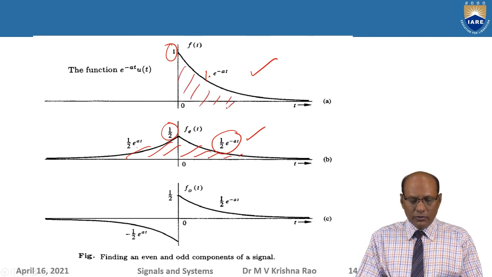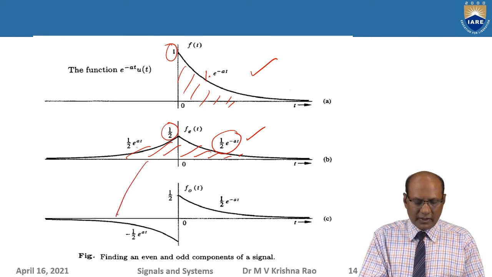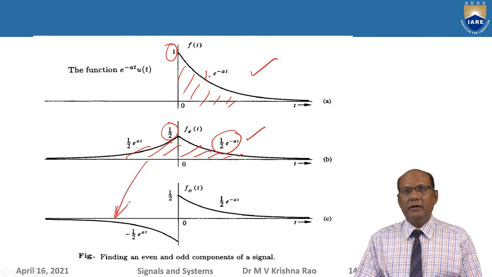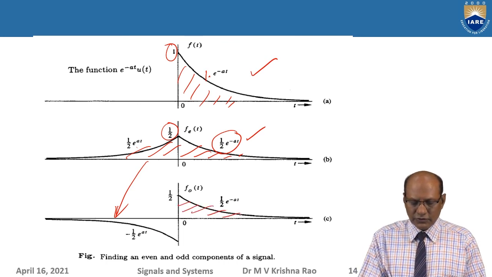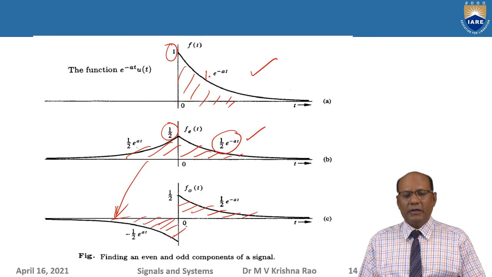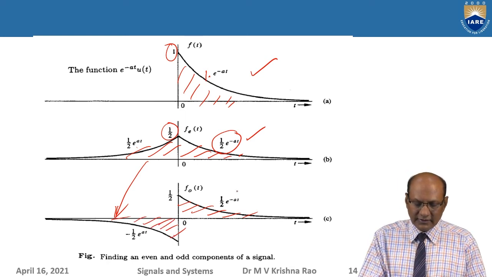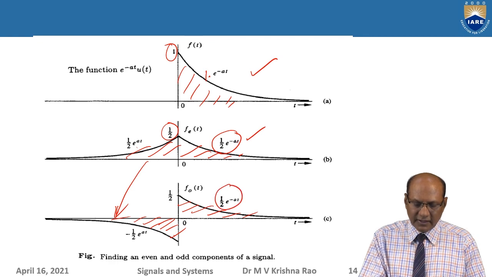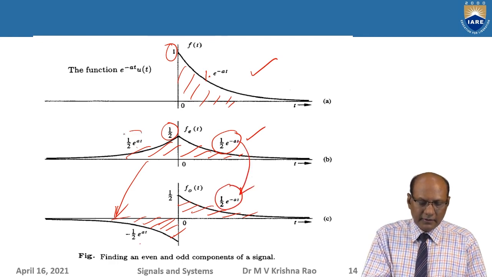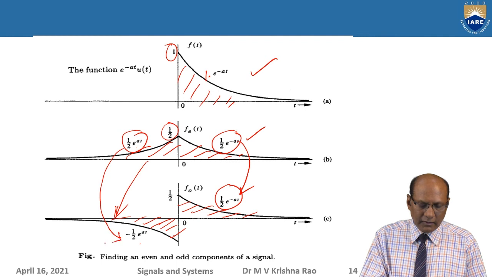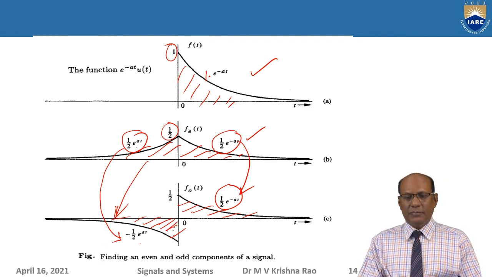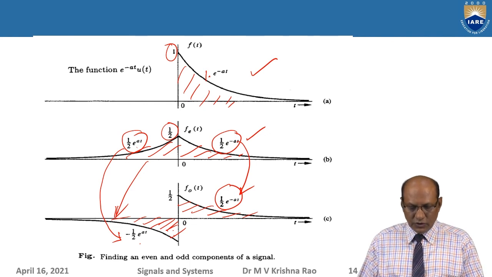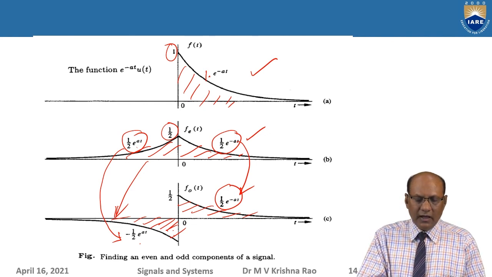Okay. Now, the same for the odd function. So the mirror image, an up down mirror image here. Up down inversion. You will get this one. Okay. Now this is the positive part. This is the negative part. Area under this curve equals 0 because they both get cancelled. So this is represented by the same thing here, but here this is taking a minus sign. Okay. That's why it is inverted. The picture has inverted. So that is how you can find the even and odd.